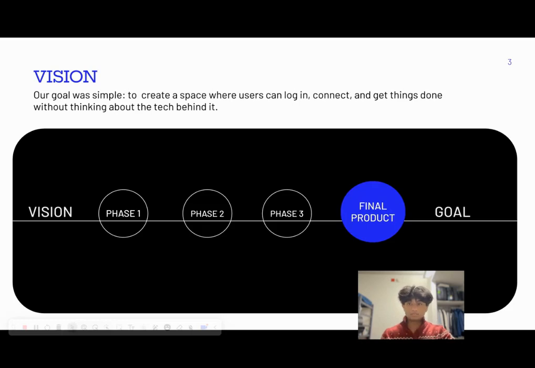So, for our pitch, we had a vision of streamlining movie theater reservations. When you go to reserve at AMC and a lot of these other popular movie theaters, it's not as straightforward a process. There's a lot going on. And so we wanted to make it simple where users can easily log in, pick out exactly what they want to watch, see the reviews of that movie, see how long it is, see a little description of the movie all in one place, and then select the showing that they want to see, and then add and book